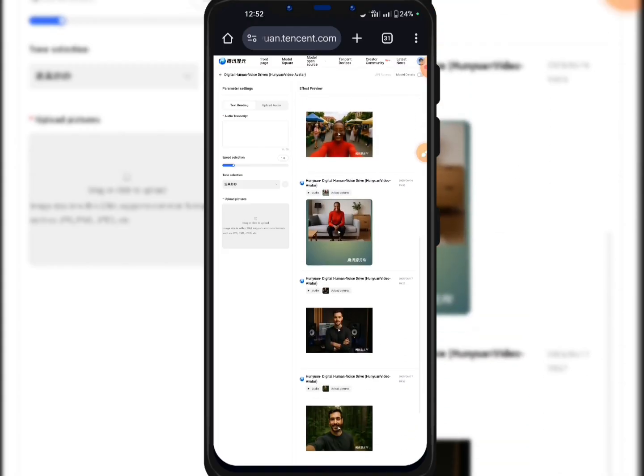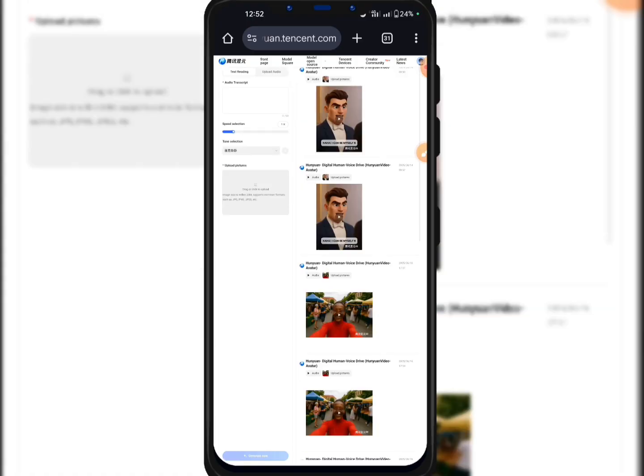And you might be wondering, why is my phone screen like this? Yes, this website currently doesn't support mobile phones. And you will say, okay, but Jay, you are recording this on a mobile phone. Calm down. At the end of this video, I'm going to show you how I did all this. So currently, it only supports PC. But I said no. People that are using mobile phones shouldn't be left out on this update. So stick around because by the end of this video, I'll show you how to use a mobile phone to